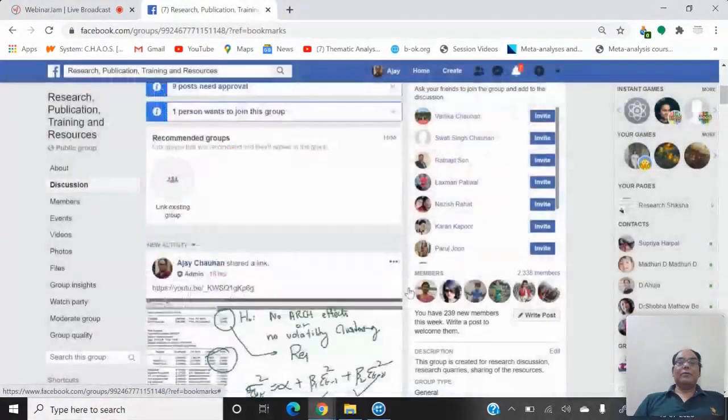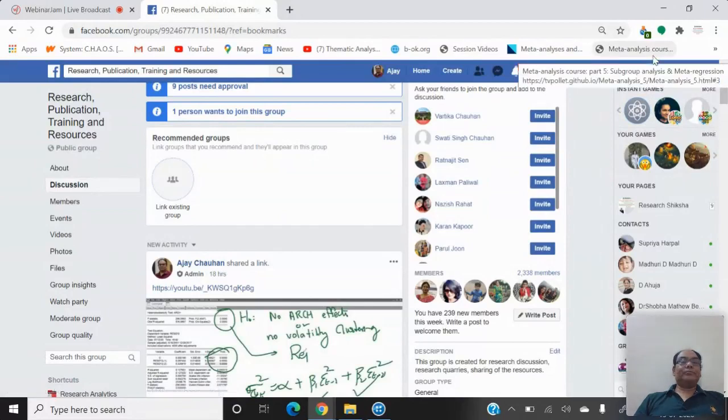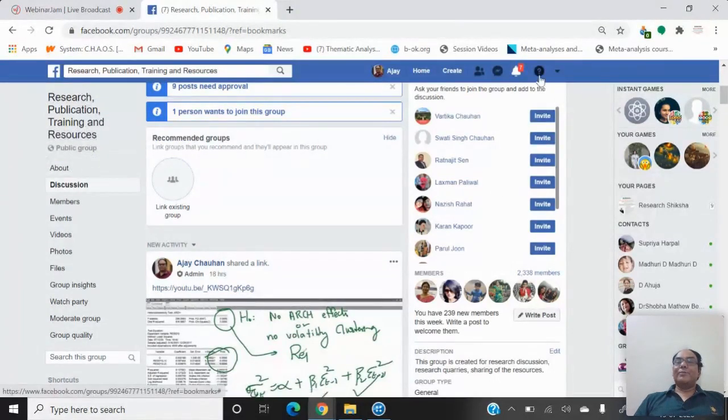So how to download that? So in this page, you can see that. Note down the name of the group so that you can apply for the membership. Okay, you can see that there is an icon here. This icon is known as Encapture for NVivo. This icon you can only have when you have the NVivo software, otherwise not. Okay. So I click on this icon.